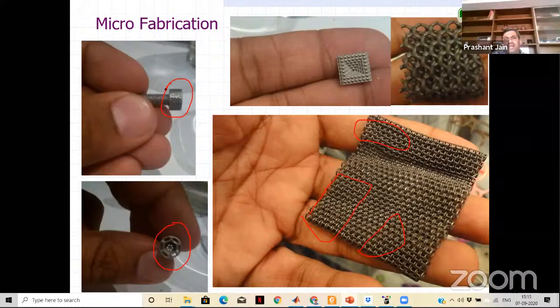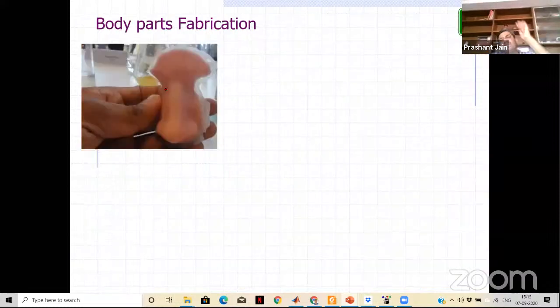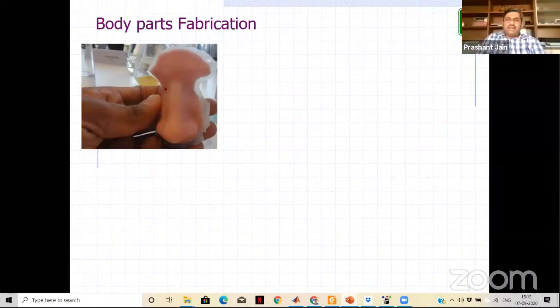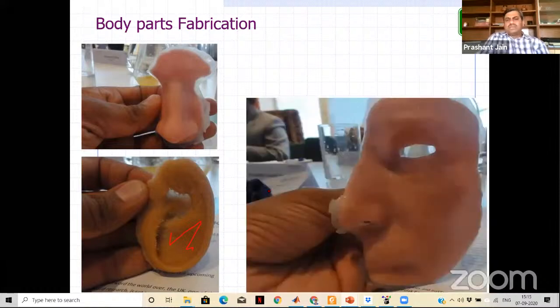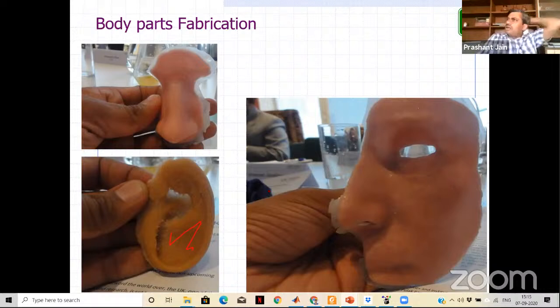And recently people have found this in the case of polymer as well. We can have such kinds of body parts built and prepared with this, right? So from here you can clearly observe the layers in this, right? And then you look at this, some of the skin color parts have been fabricated to be implanted as artificial prosthetic implants for human beings.